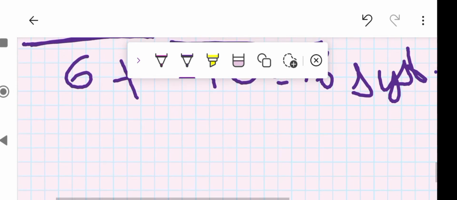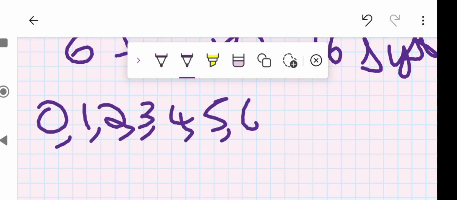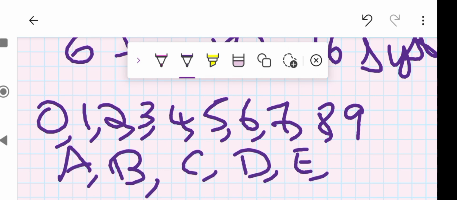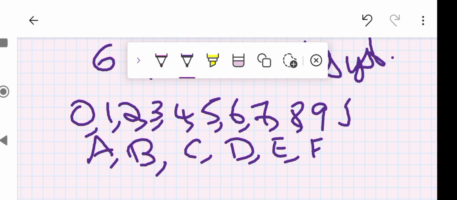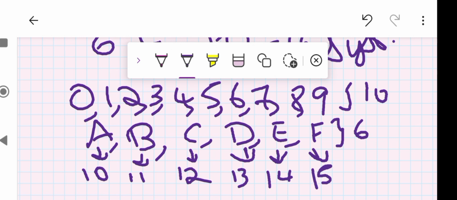Okay. So what are the numbers or alphabets it is going to use? 0, 1, 2, 3, 4, 5, 6, 7, 8, 9. Then you have A, B, C, D, E and also F. So these 16. Here 10 and here 6. This makes it 10, 11, 12, 13, 14, 15. So these 0 to 9 make 10, and then 10 through 15, only 16 symbols make up the hexadecimal.